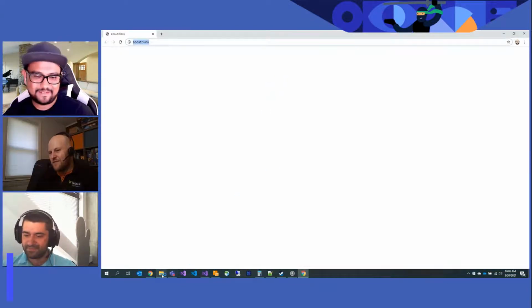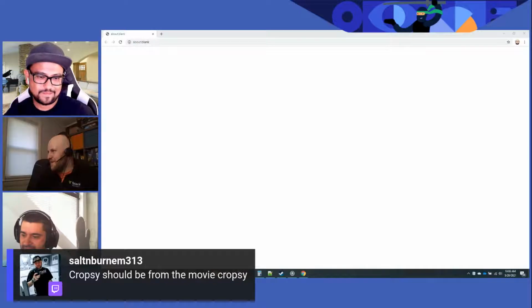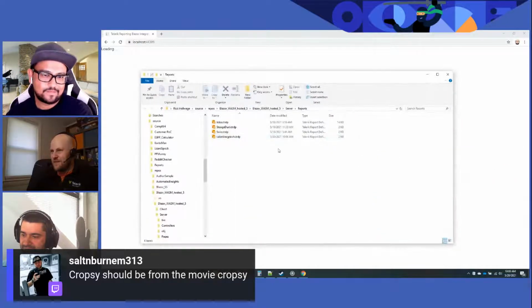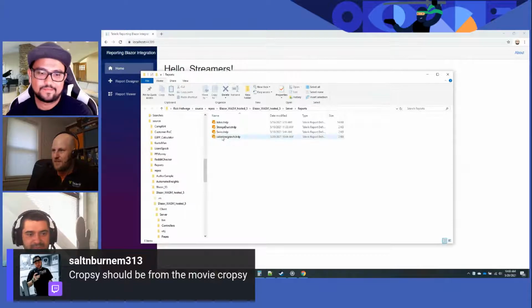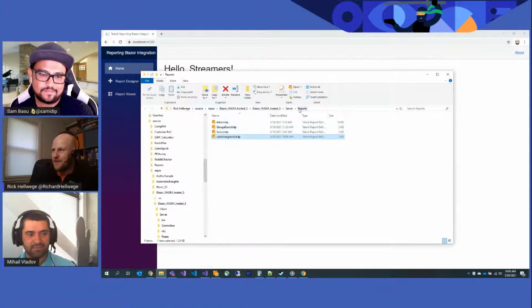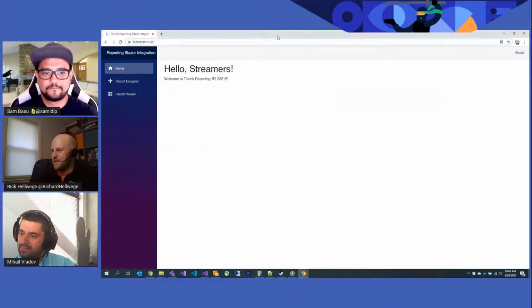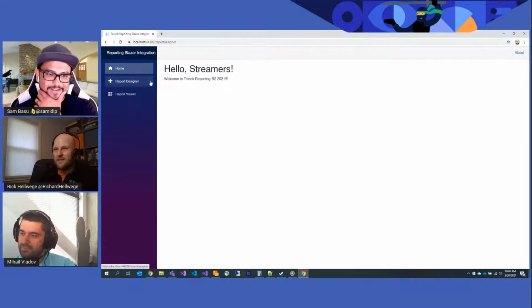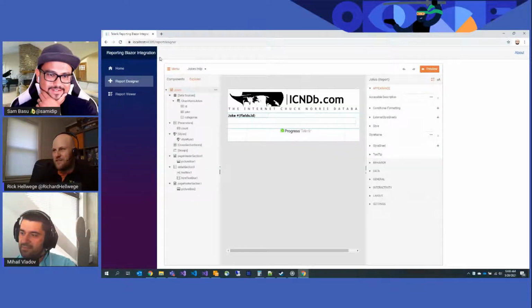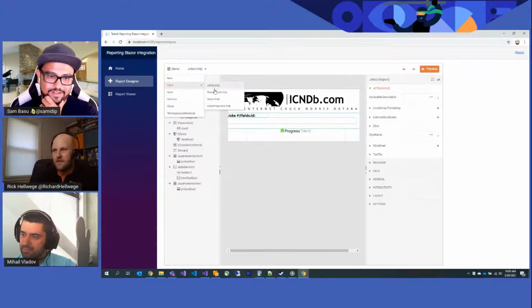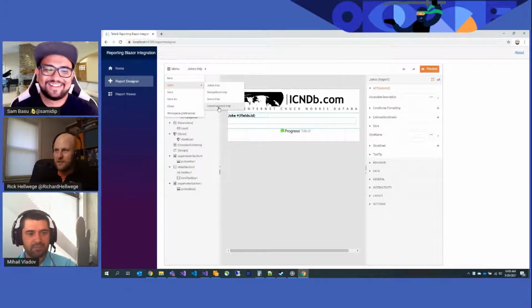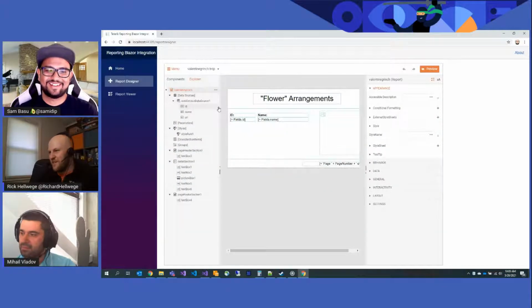So the folder that I chose when I was building this project just happened to be the virtual folder that synchronizes with this application. So the report itself was saved into this folder, in the reports folder under the server side part of the Blazor WebAssembly. So if we go to our web-based report designer here, we're initially seeing the default Chuck Norris joke generator, but I think we can go to the menu and select open, and we're gonna see our Valentine Grinch report. This is beautiful. Look at that.